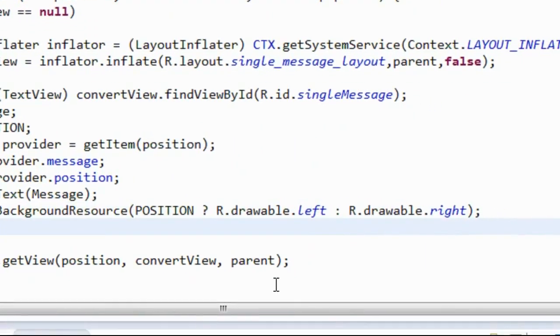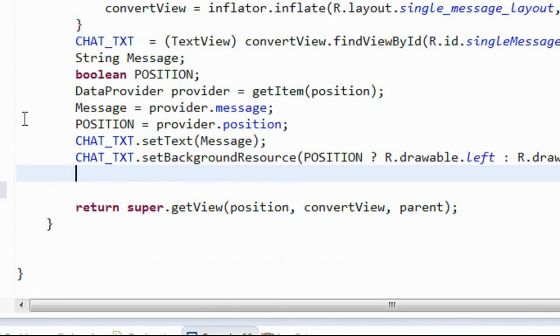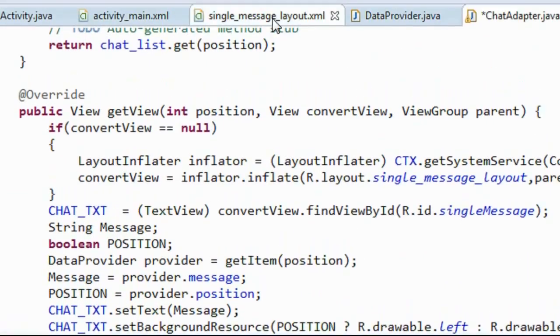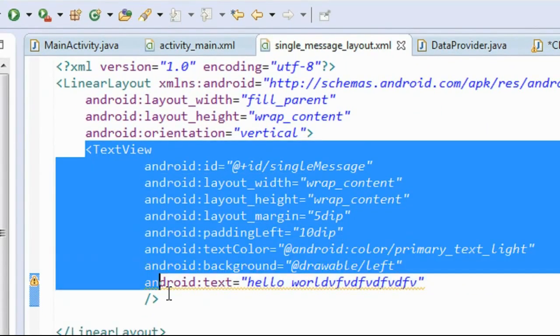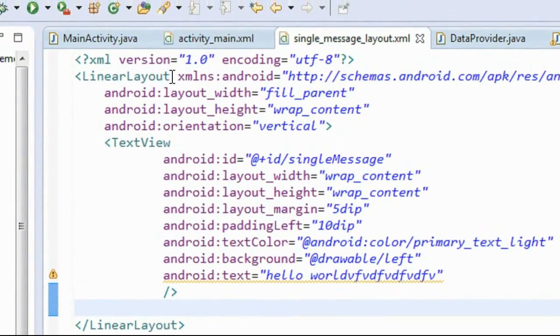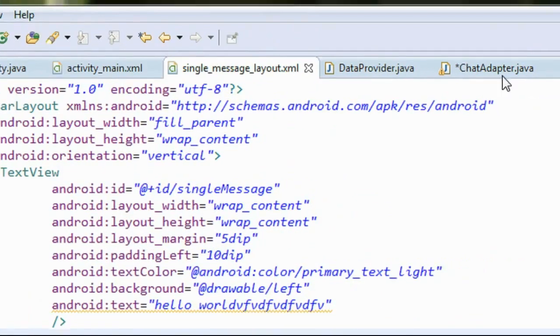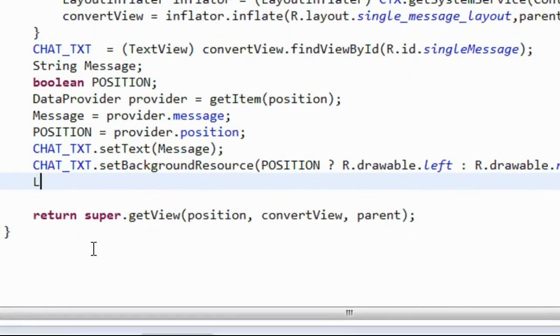Now we need to align the gravity of the chat text. If it is the first message, the gravity is set to left. If it is the second message, the gravity is set to right. That is the next thing we need to do. Here the text view is placed on a linear layout, so I'm going to change the gravity of the text view using the linear layout params. So go to the chat adapter. Here you need an object of the layout params. So LinearLayout.LayoutParams